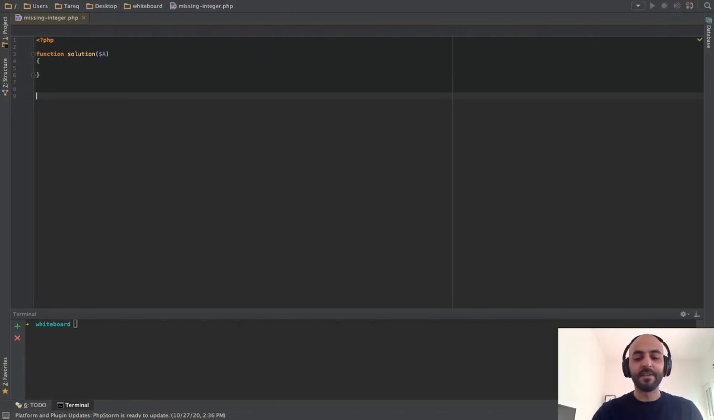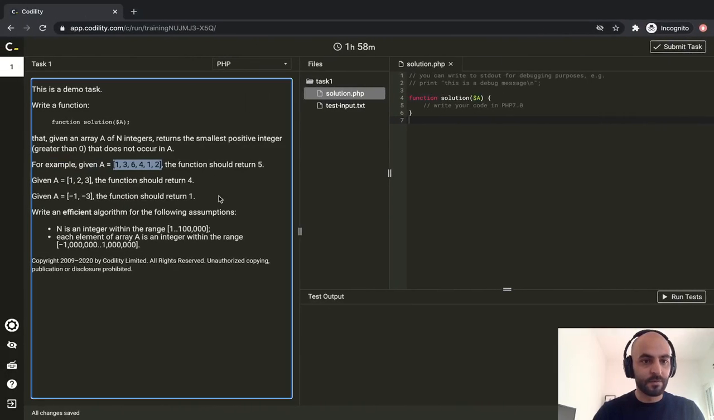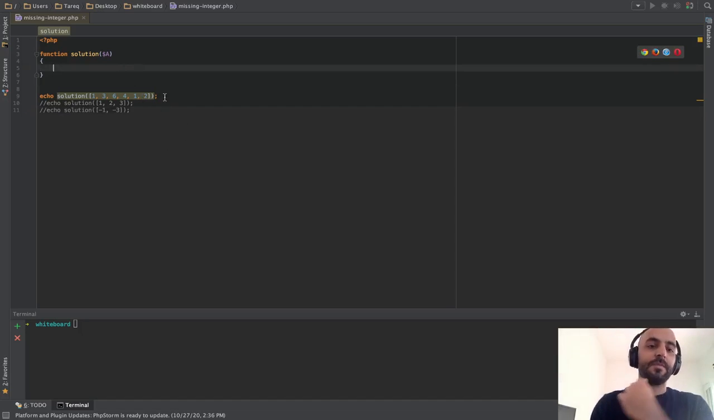Now, since we will return an integer, we will echo, let's say, solution here and put this one here. Let's also cover 1 to 3, minus 1, minus 3, just for us to test them correctly. And here, minus 1, minus 3. All right. So the first thing to do,